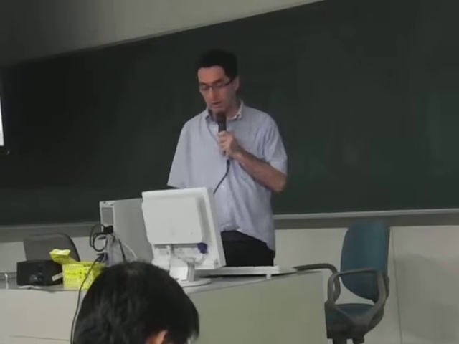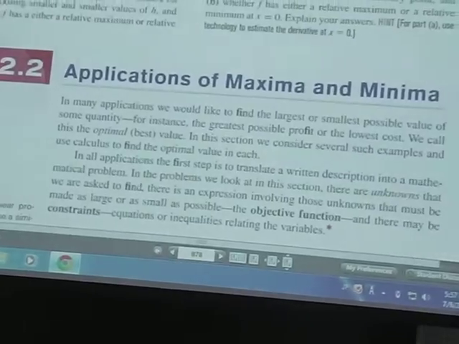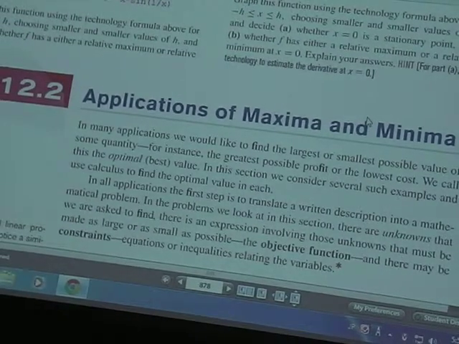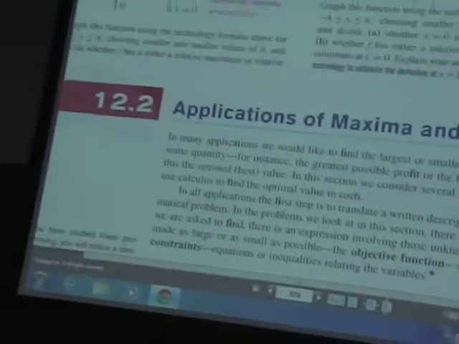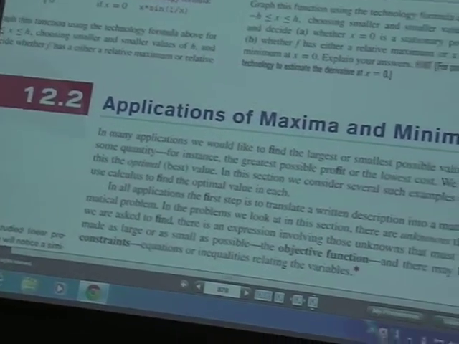So we're going to talk about higher order derivatives, and we're also going to take a quick look at section 12.2. So we'll start with that, and then we'll go to,